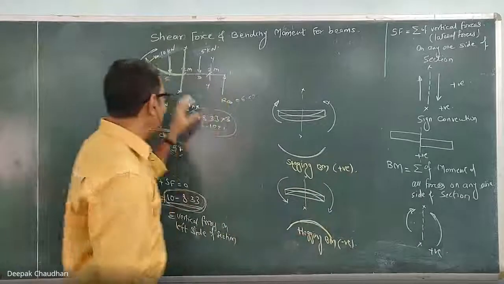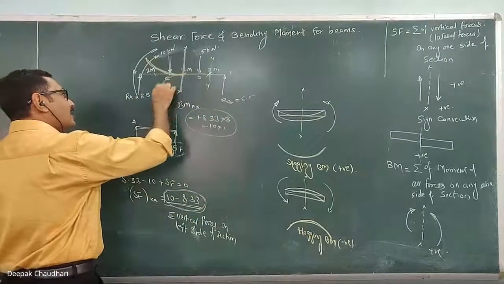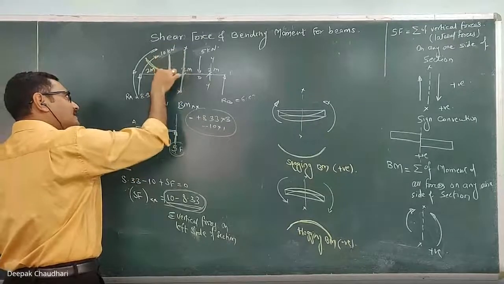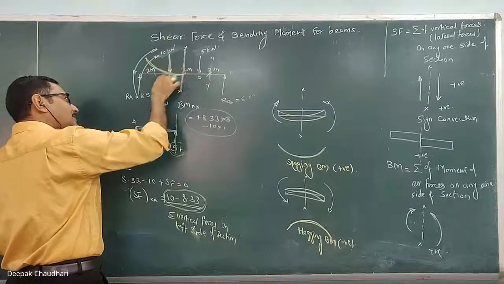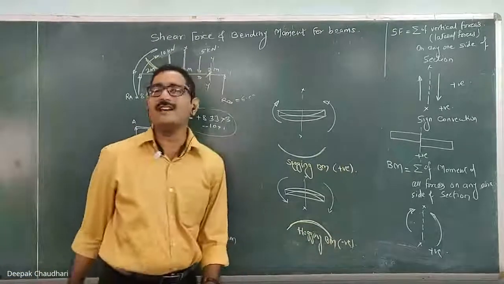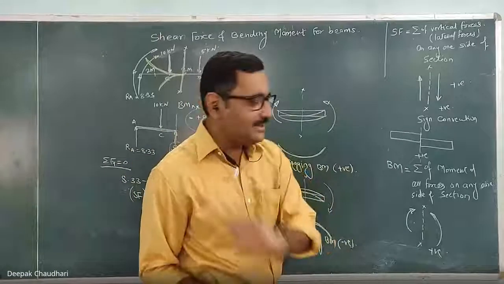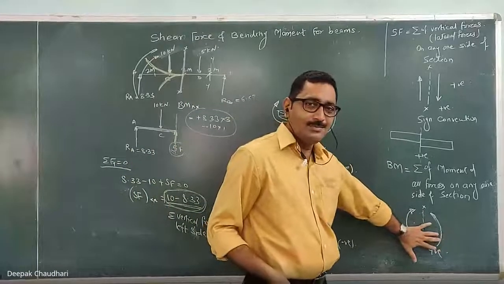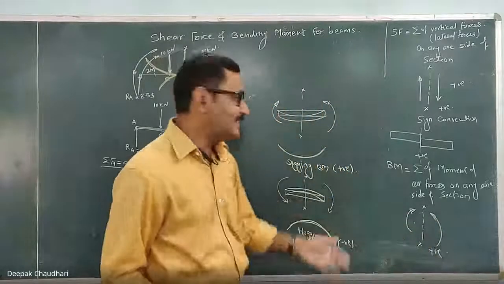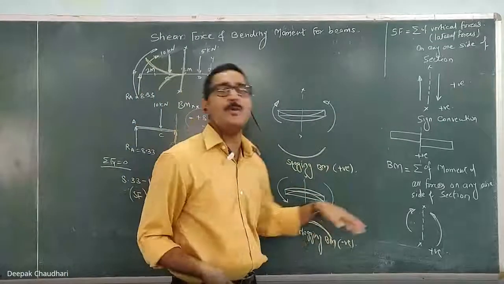Okay, so when it is bending the beam such that the convex part is upward, suppose the moment of this 10 kilonewton about this x-axis tends to rotate the beam this way, then it is a hogging bending moment, which you consider as negative. Clear? Very important. While solving the sum, I am not going to refer to this. I'll just say that if it is producing the sagging bending moment, take it positive, and if it is producing the hogging bending moment, take it negative.